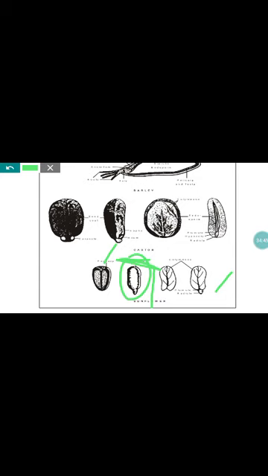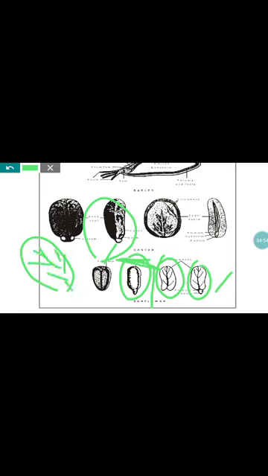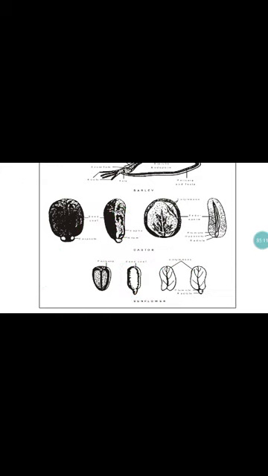On the inner side, like castor, here also the leafy cotyledons will be available. When you divide the seed into two halves, on the inner side you can see that leafy layer. It is paper-like in nature. You can separate this one also. So this is also a very good example of a leafy cotyledon. Similar structures are there in almost all the gourds, like bitter gourd, pumpkin, all those things.